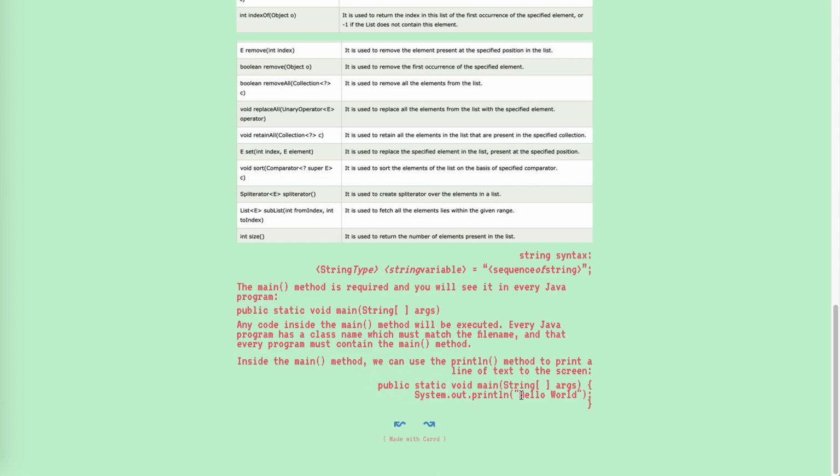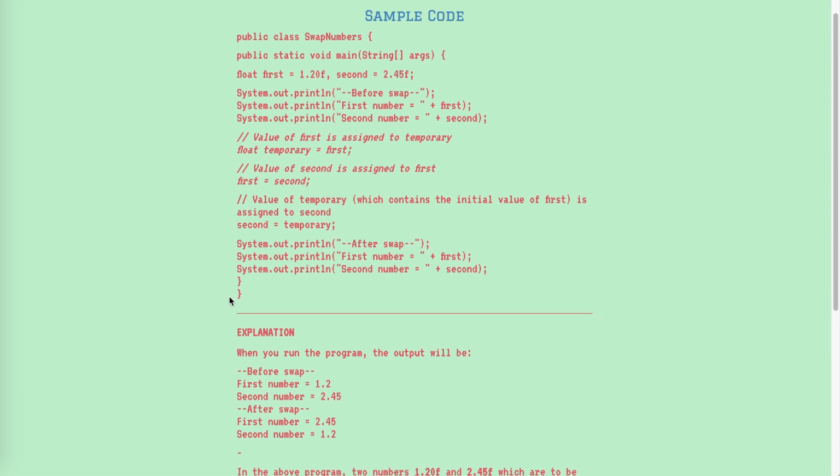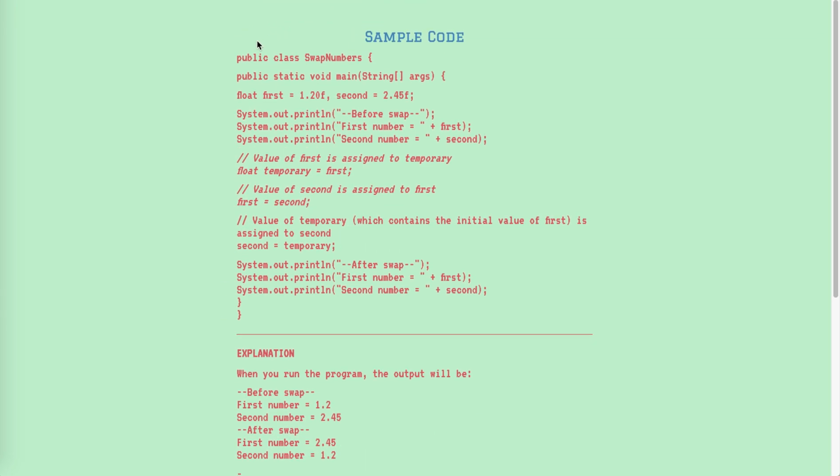Public static void main, String, System.out.println("Hello World"), so it'll print Hello World. So this is a sample code. You can read it on the website, but I'll basically be explaining what it does. So when you run this whole program,